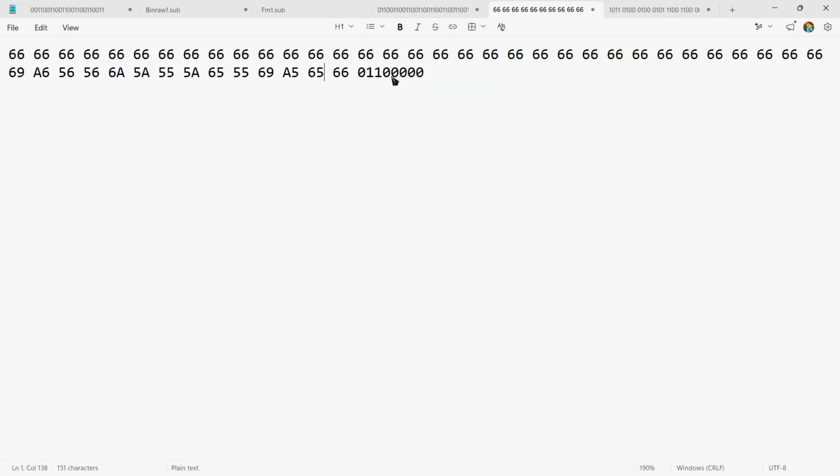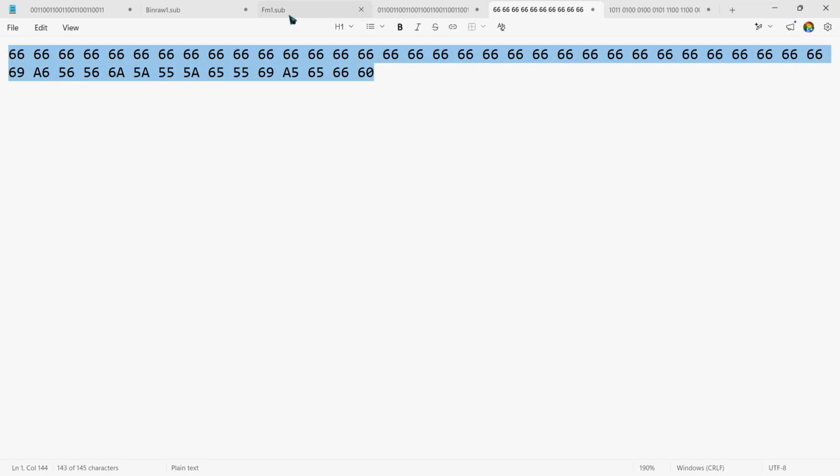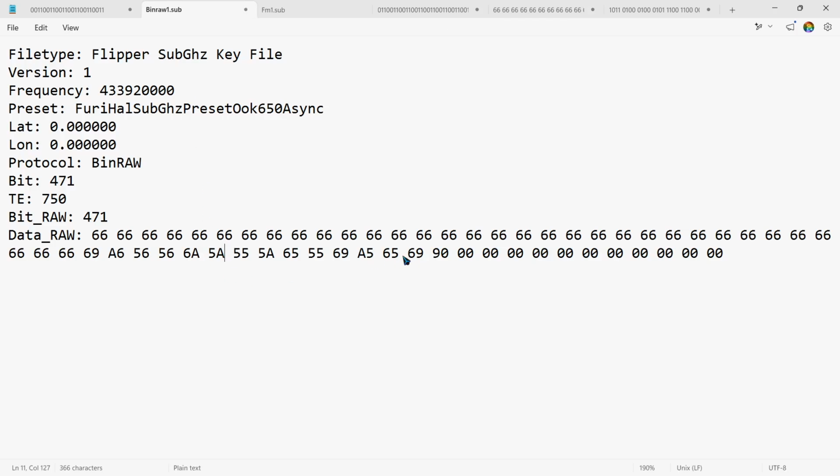That's 66, right? Yep. And this is 60. Right, so we'll grab that. Copy it, and we'll take that back to our bin raw sub, and I'll make sure I keep those zeros, so I'll do it from here to make sure the amount of bits is the same. So Control B. Yep, there we go. We changed some information, and now we can save that